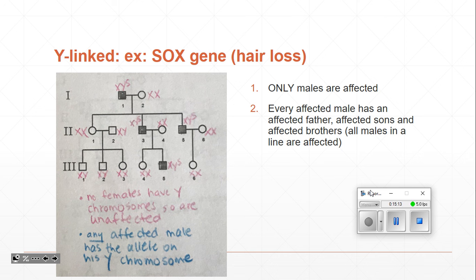Even though in person 2-1's family, all of the males are affected, she doesn't have that Y chromosome, so she can't pass it on. So no females have Y chromosomes, so they're all unaffected. Any affected male has the allele on his Y chromosome as long as he's part of that line. Now that brings us